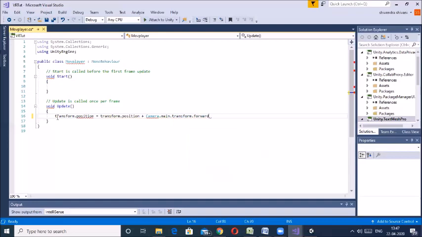So wherever the forward direction of the camera is pointed, our object or player will move in that direction only. Now save it.